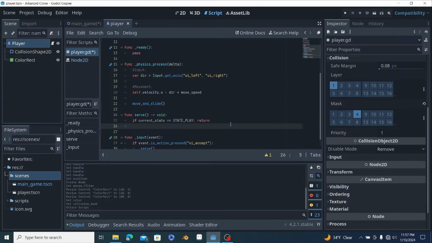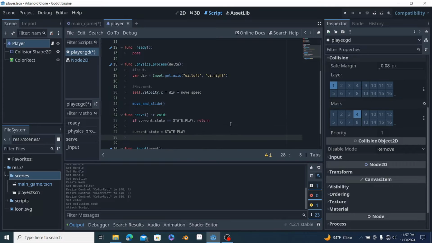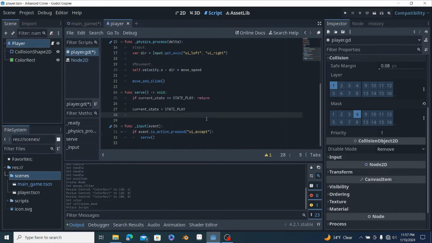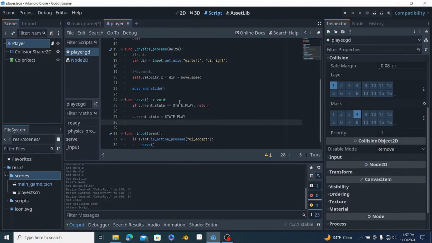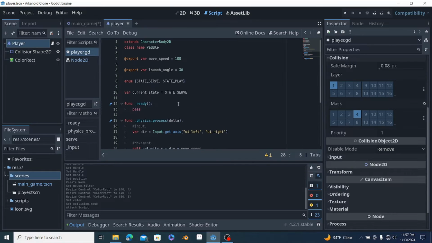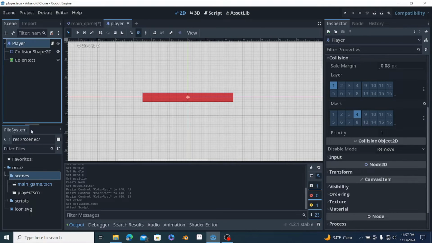And we're gonna do current state equals state play. And we're gonna launch the ball, although we don't have it yet. We're gonna do that right now. Let me just check everything. Yep. Alright, next we're gonna be making